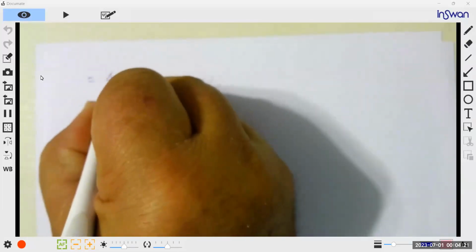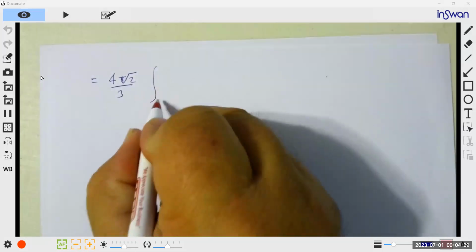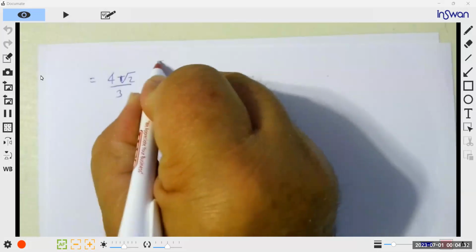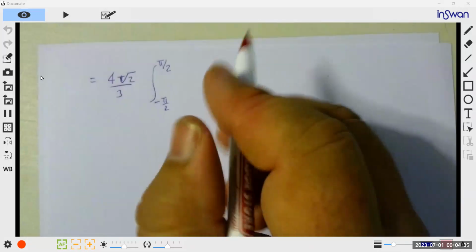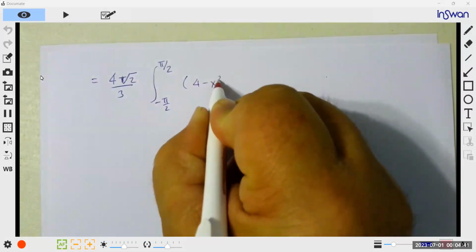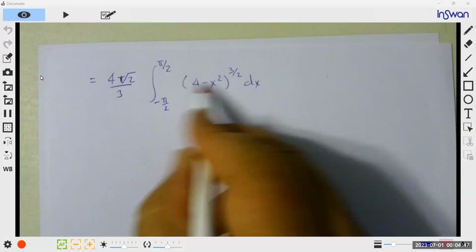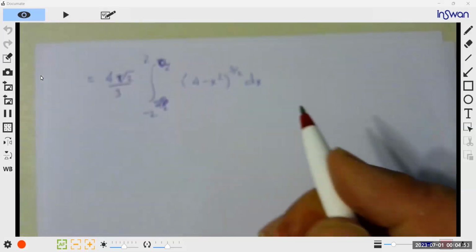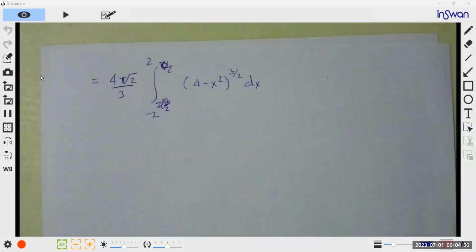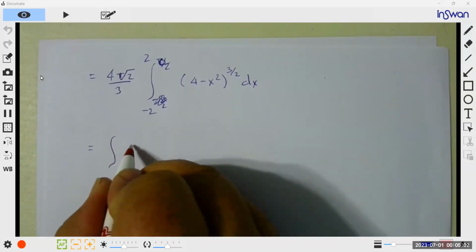But yeah, we'll bring this back at the end. Negative pi over 2, pi over 2. So we have to convert this. Well, we'll leave it at -2 for now because I'm still in terms of x's. So I have,